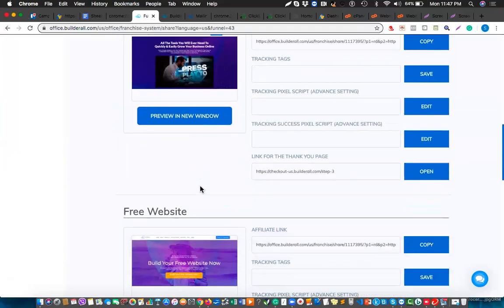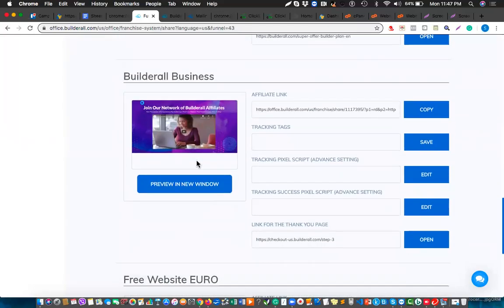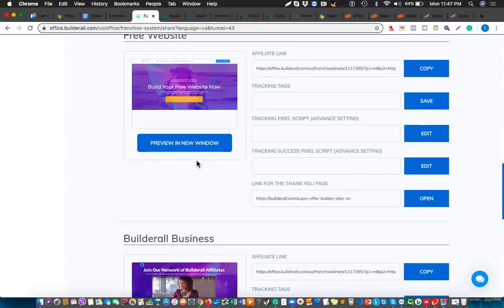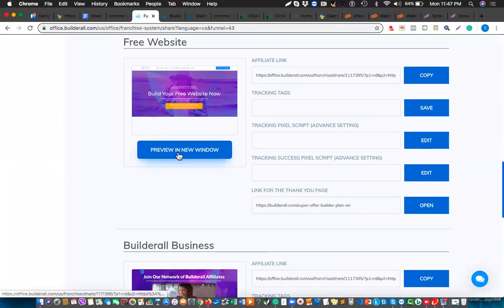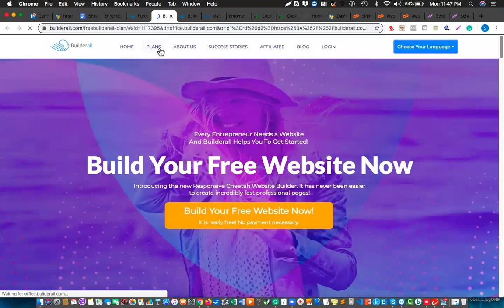Then again, let's scroll down, free website. Now, basically, you can also attract people by saying they can get a free website. Now, this is a different landing page. Like as I told you, they have different funnels for different kinds of audiences. Like build your free website now. It is really free, no payment necessary. Like maybe you can post on Facebook that get a free website, and if anybody signs up using this, okay,